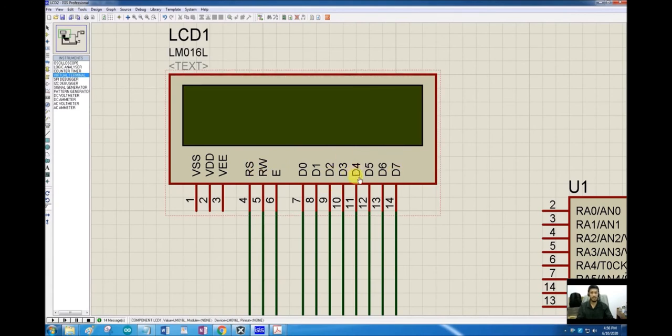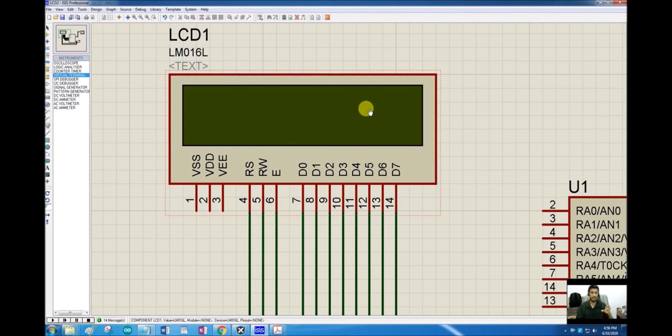And first we are going to send commands to this LCD to configure it in a certain mode, and then we are going to send some data that is to be displayed on this LCD. So we cannot just send some data to an LCD and have it displayed. No, it is a bit more complex than that.